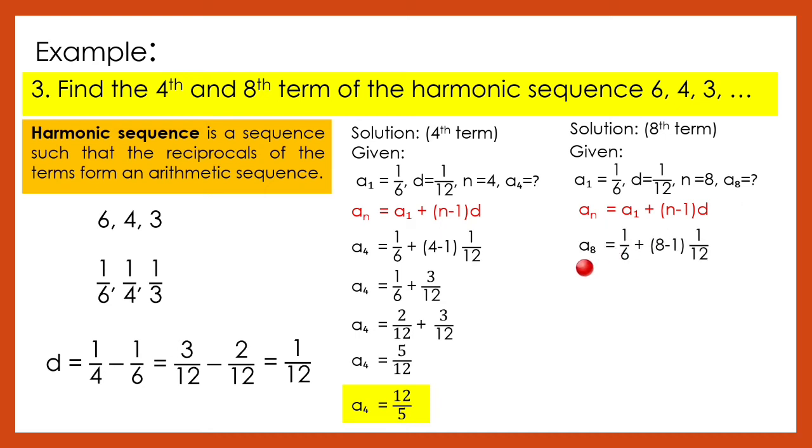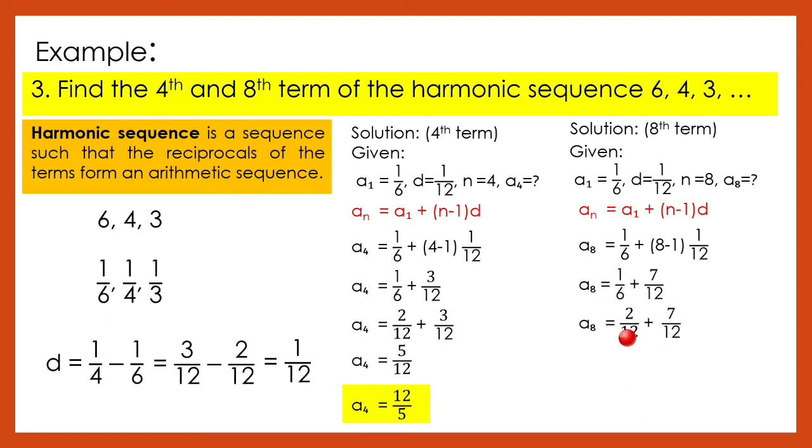A sub n is a sub 8. A sub 1 is 1 over 6. N is 8 minus 1. Ang common difference natin is 1 over 12. A sub 8 equals 1 over 6. 8 minus 1 is 7 times 1 over 12, that is 7 over 12. The similar fractions, gawin nating similar fractions. Kunin natin ang GCF. The GCF is